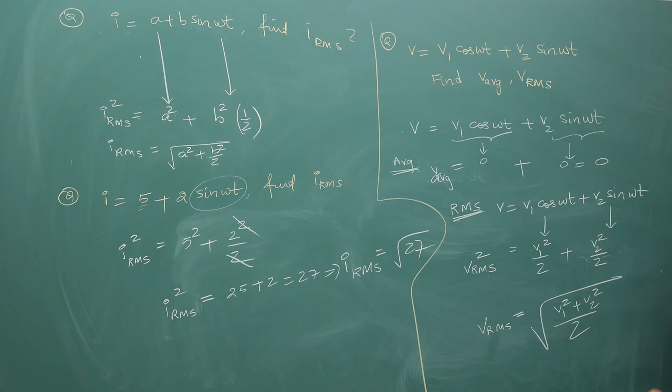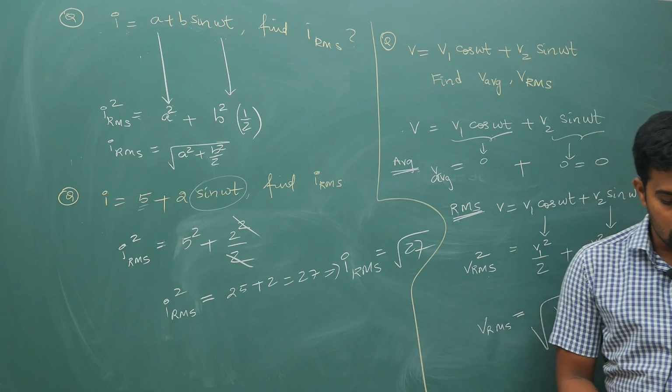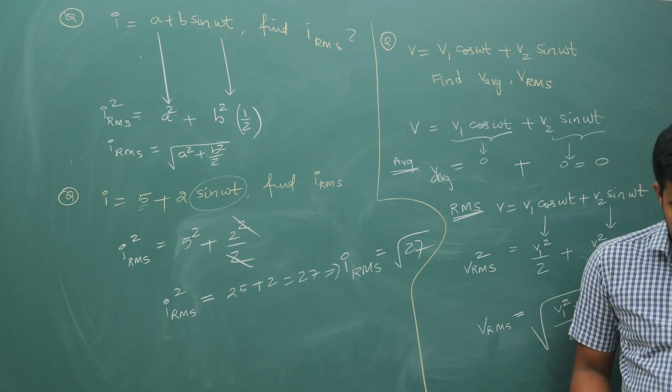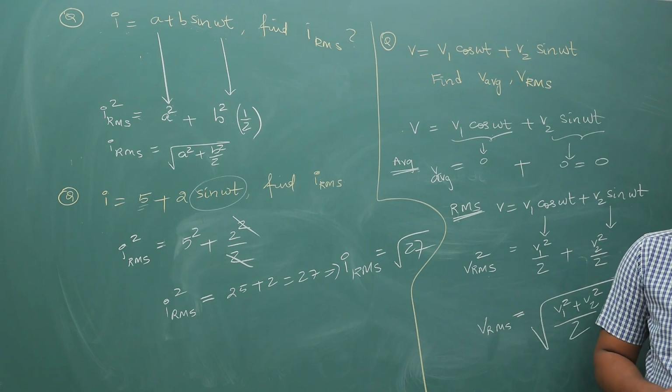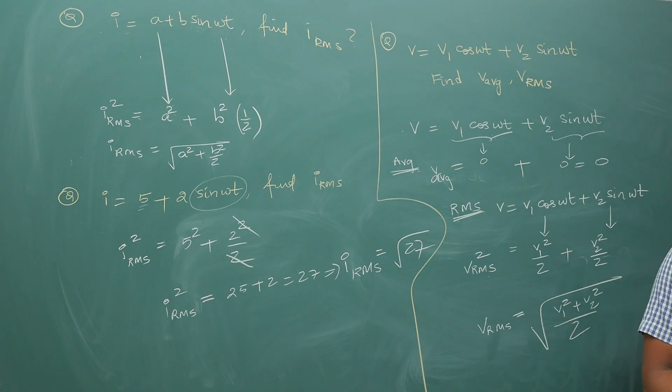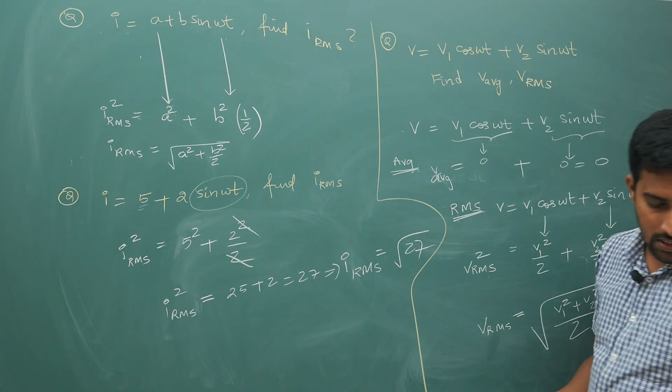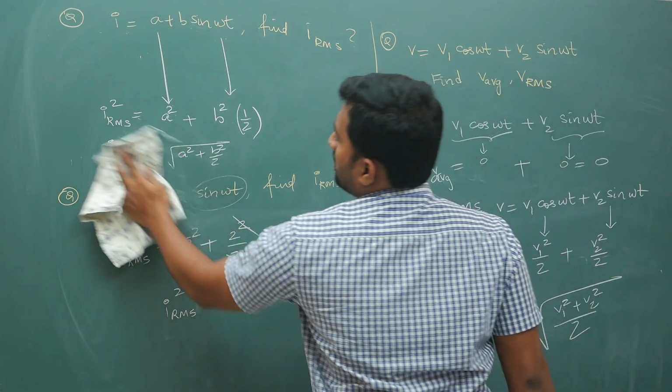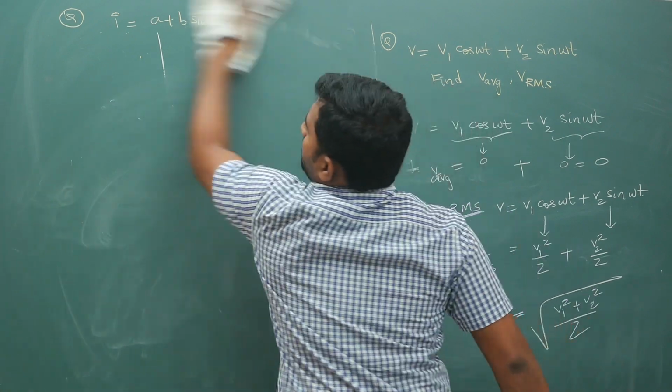Without doing the full derivation, you can directly remember this shortcut and then do the basic questions. Okay, right? Next, let me take a few more examples. In the books, different functions are given, and I will explain. Something like 3 plus a sin omega t plus b cos 2 omega t is given. Let me pick it.